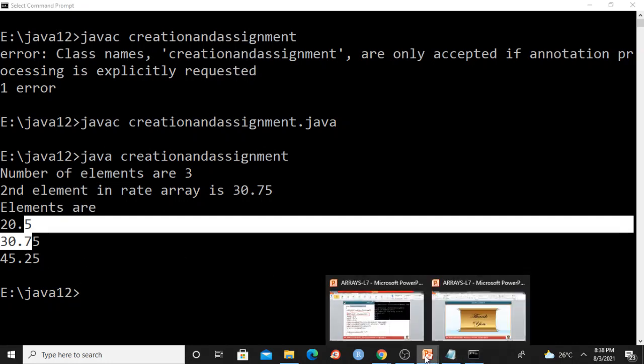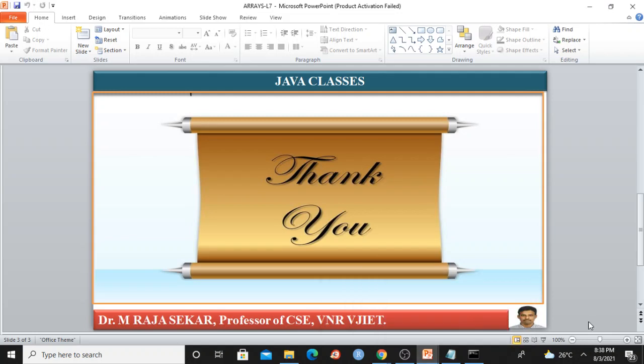This is a simple and straightforward lecture. Intention of this lecture is straightforward. You can understand the need for creating an array variable, and how can I declare an array variable. After declaring, how can I create memory for the declared array variable. Even you can perform both the things at a time. You can declare as well as you can create an array variable. Also you can initialize the array variable. This is a simple and straightforward lecture.